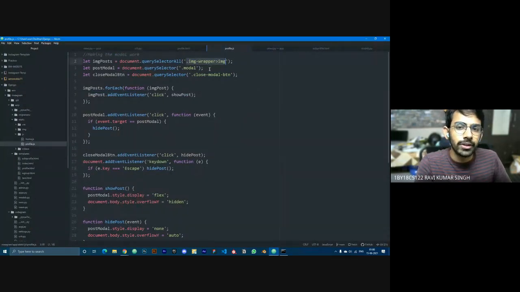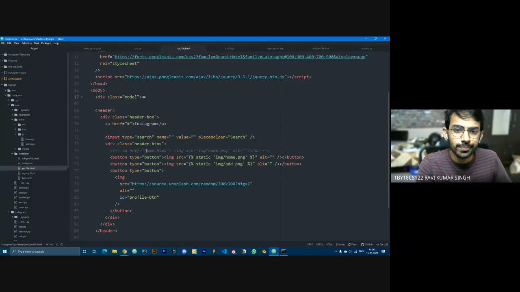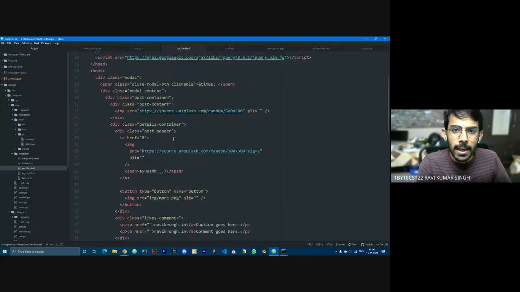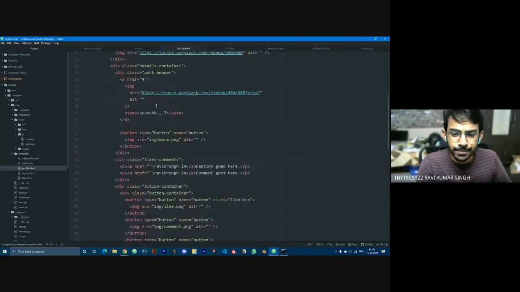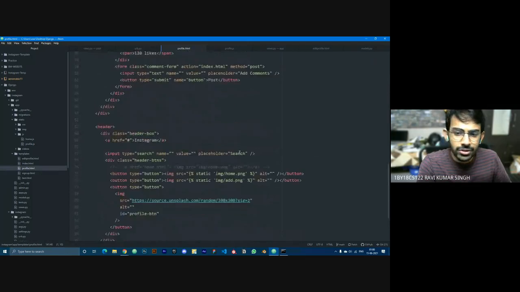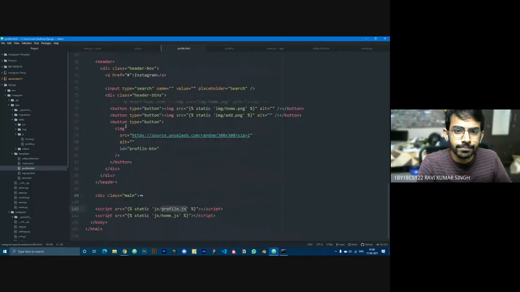So first, using querySelectorAll, I am selecting dot image wrapper and image. Where is the image wrapper?